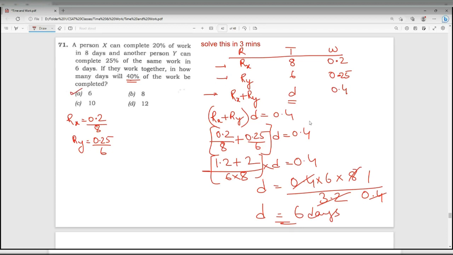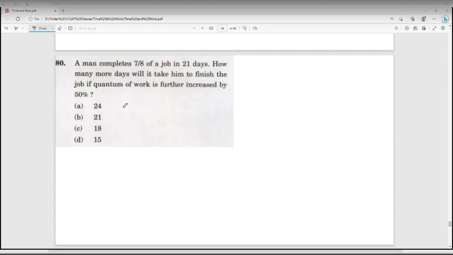I hope you have understood this. If you still have any doubts in this question, you can please ask. Or else we'll move to the next question. So I hope there is no doubt in this question. We'll move to the next question. So please take around